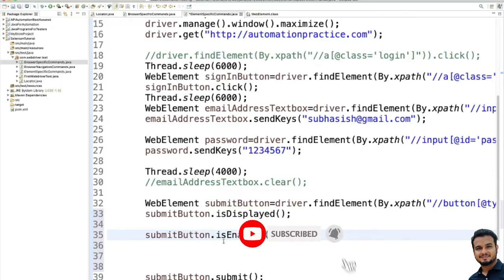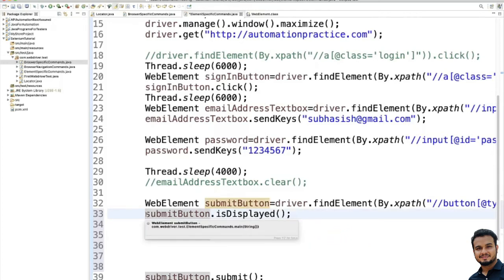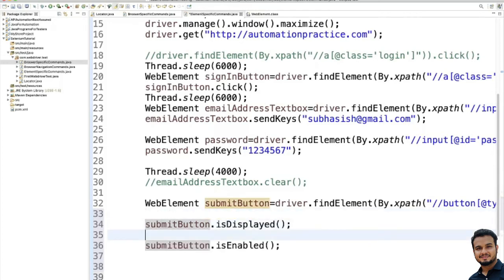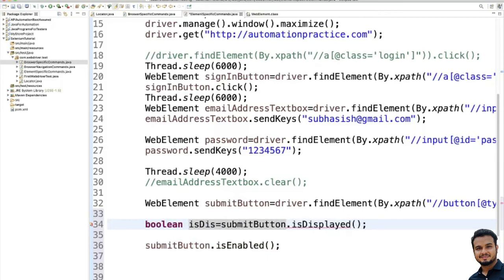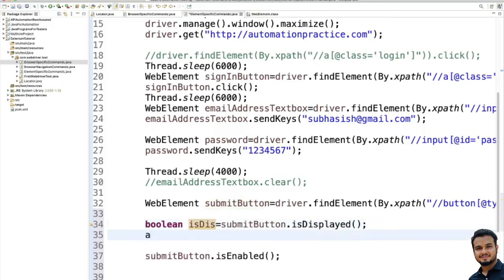Okay, so let's see how isDisplayed and isEnabled are working. I just want to show you what value it is returning. To do that, we'll write boolean isDisplay is equal to, then we'll print the value.